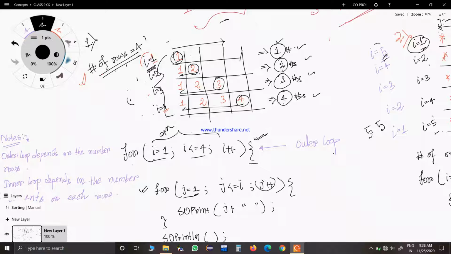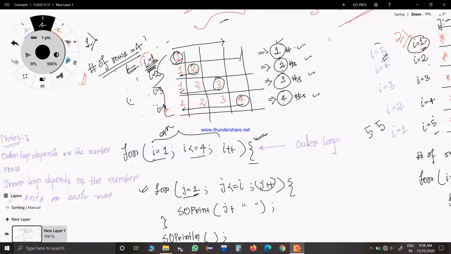each row. So for example, in the first row, 1 is the last and first number, right? For the second row, 2 is the last number. For the third row, 3 is the last number. For the fourth row, 4 is the last number. So you have to find a pattern between the value of I for each row and the ending value for each row. Let us first consider the first row.